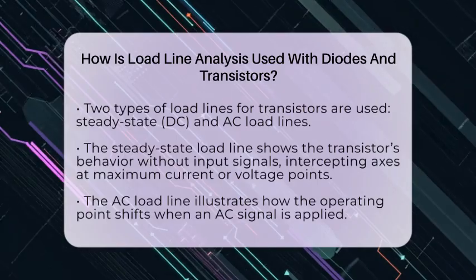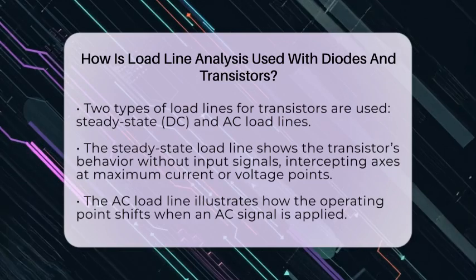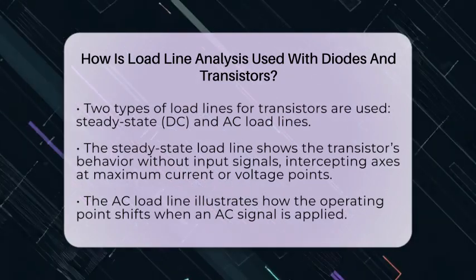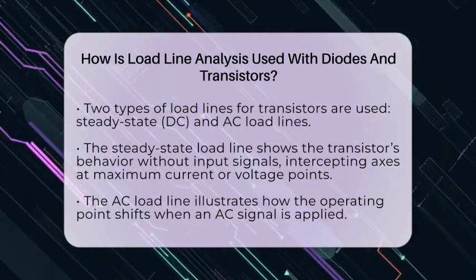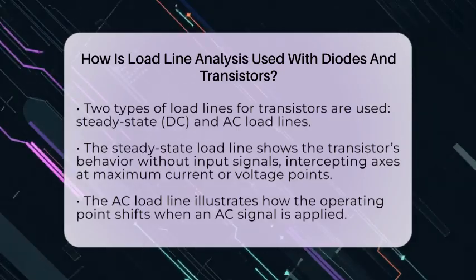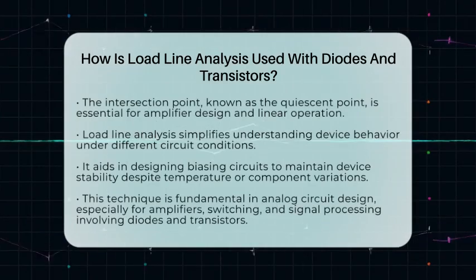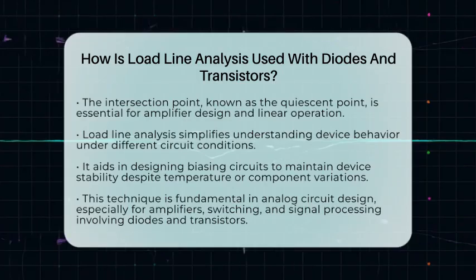This point is key for designing amplifiers because it ensures the transistor works in the active region, where it can amplify signals linearly. Load line analysis helps engineers visualize how the device responds to different circuit conditions. It makes it easier to predict how the diode or transistor will behave when the circuit is powered or when signals are applied. It also helps in designing biasing circuits that keep the device stable, even if temperature or component